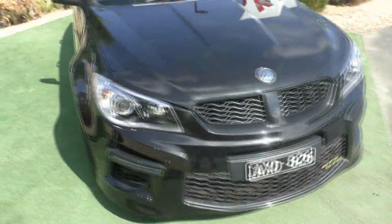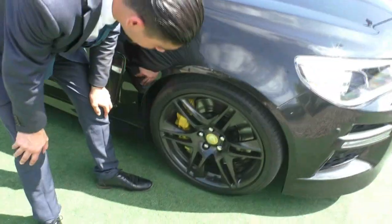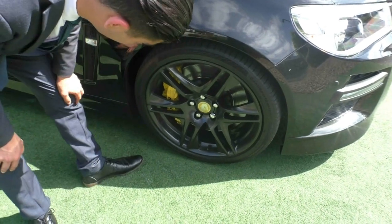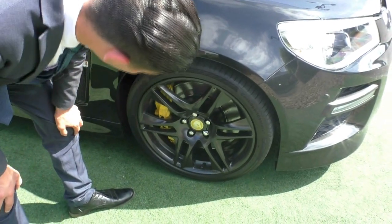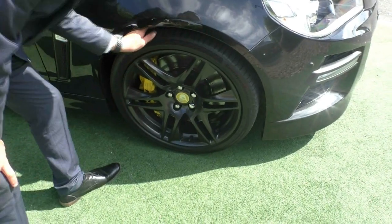We come around to the car and we stop at our first wheel. As you can see, it presents in pretty much still brand new condition. The previous owner has definitely taken care of this car, as you would being a GTS. You have those massive Brembo brakes with the yellow calipers as well, and these tyres still have plenty of life left in them. Working our way down the car,